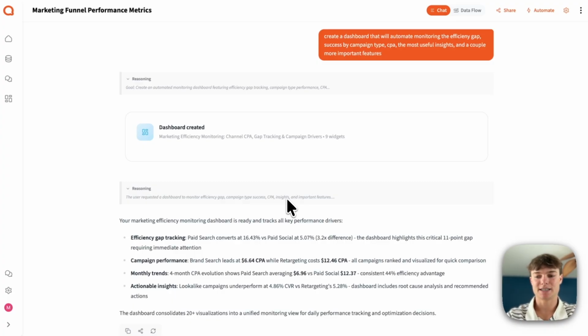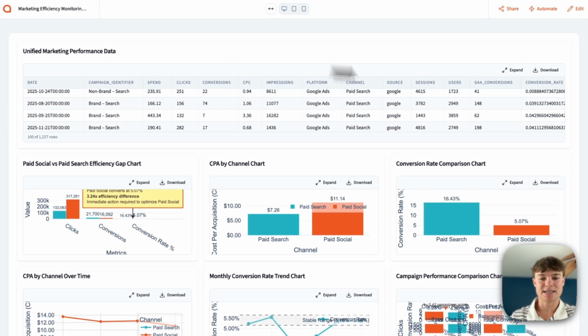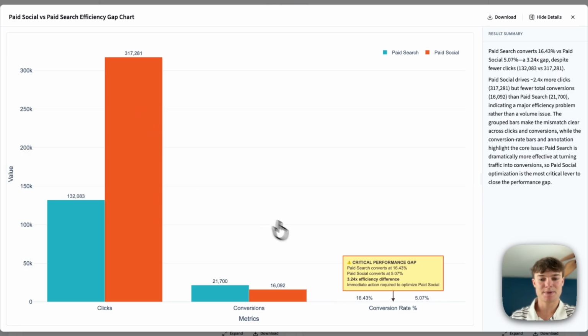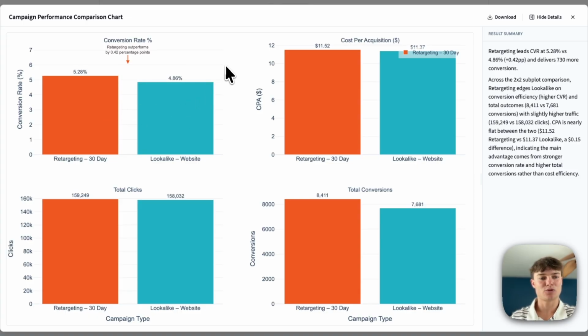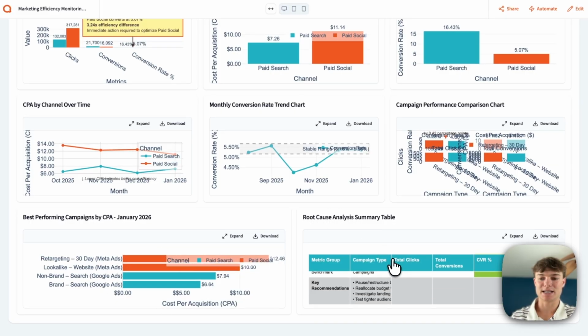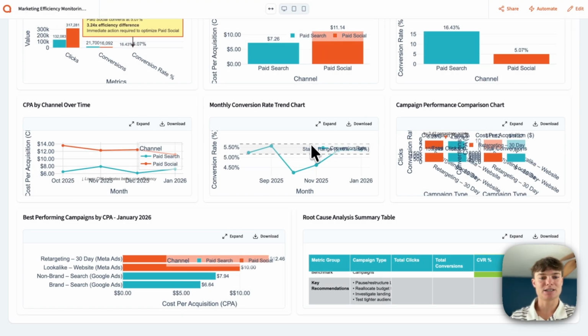So now that Querri has done this, we can look at our dashboard. We can see our data, the unified data. We can see our CPA by channel. We can see it monitoring the efficiency gap right here. And then we also can see it monitors all campaign performance, conversion rate, CPA, total conversions, and then we can look at our best performing campaigns, and then still have the root cause summary table, so we can continue to monitor this as we get more data, our monthly conversion rate, CPA by channel